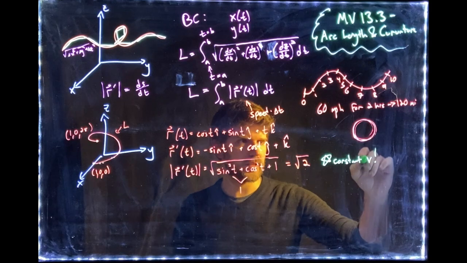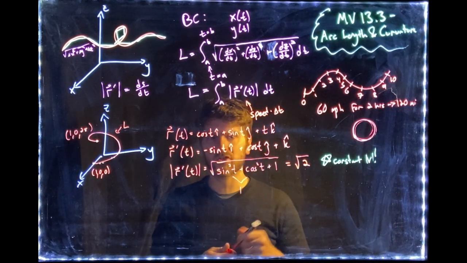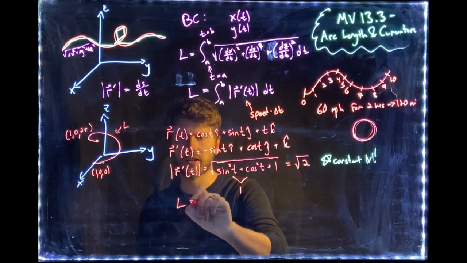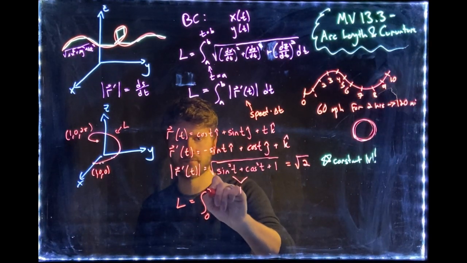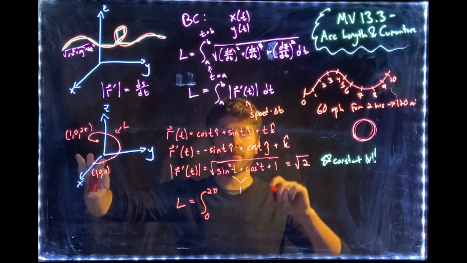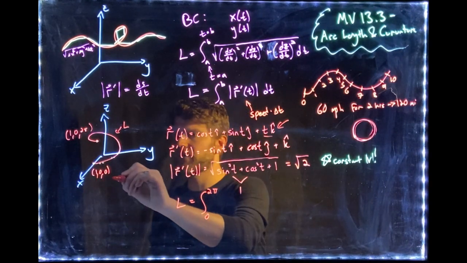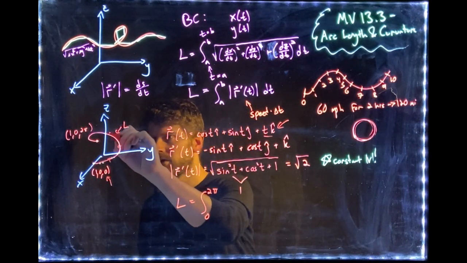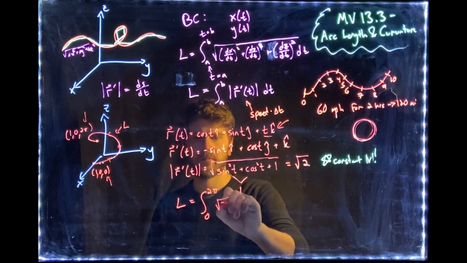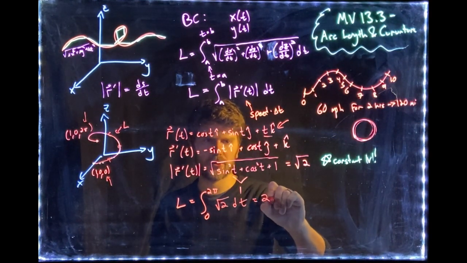Well, not constant velocity, constant magnitude of velocity, constant speed. All right, so that makes our final integral relatively straightforward. We're going to plug it in here that the arc length is the integral from 0 to 2 pi. How do I know it's from 0 to 2 pi? Well, remember, if I look at my z coordinate here, it's just t k. So my t goes from 0 up to 2 pi, of the magnitude of r prime dt, well, it's just a constant dt. So I'm going to get 2 root 2 pi